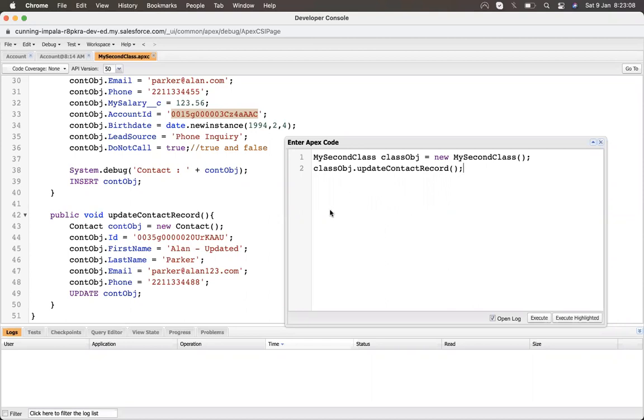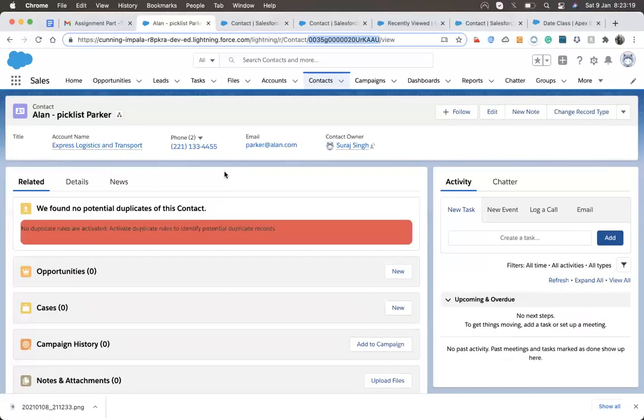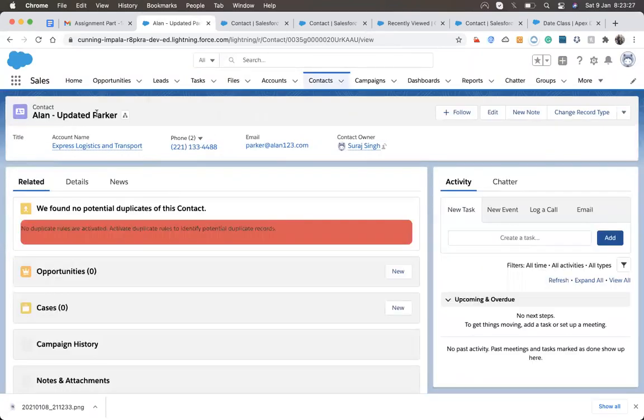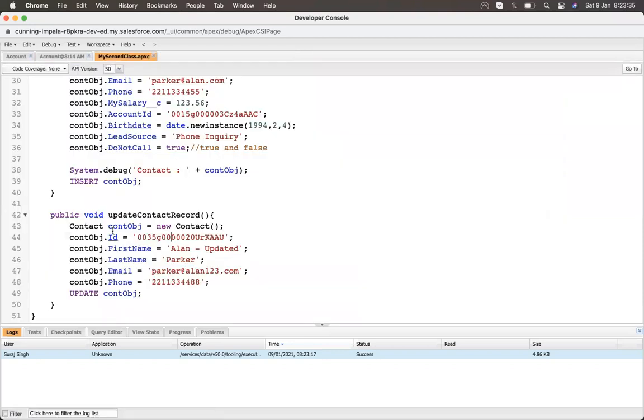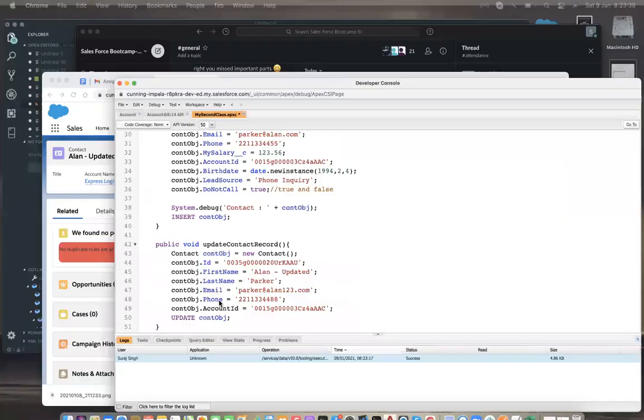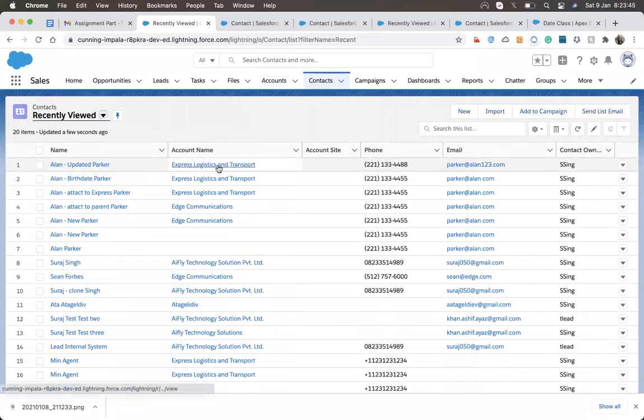Okay, so back to it, I'm just adding an ID and then updating a record. So let me execute this method. Once it's executed, this is the record whose ID I just copied. I just need to refresh it. When I refresh it, all the updated values get populated, and since I changed the phone number, it also got changed. It's the same thing if you want to update the relationship: you just have to copy and paste, and whatever the new relationship you want, since it is attached to Express and Logistic.